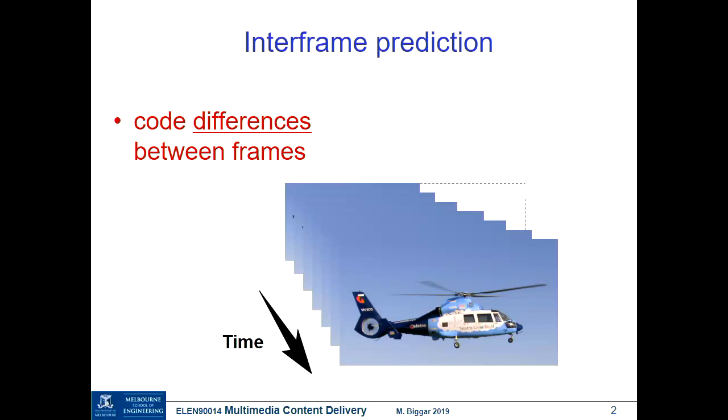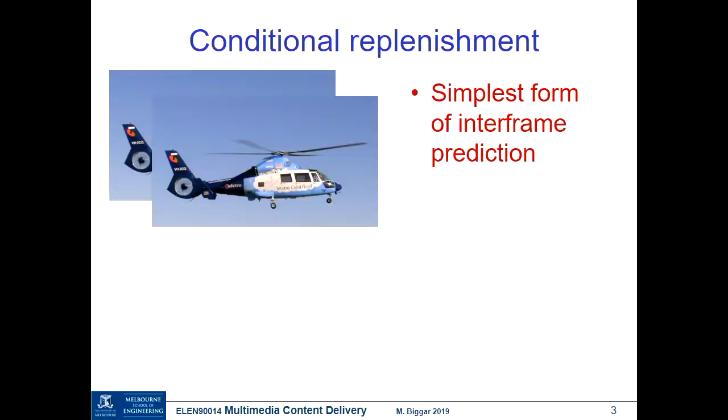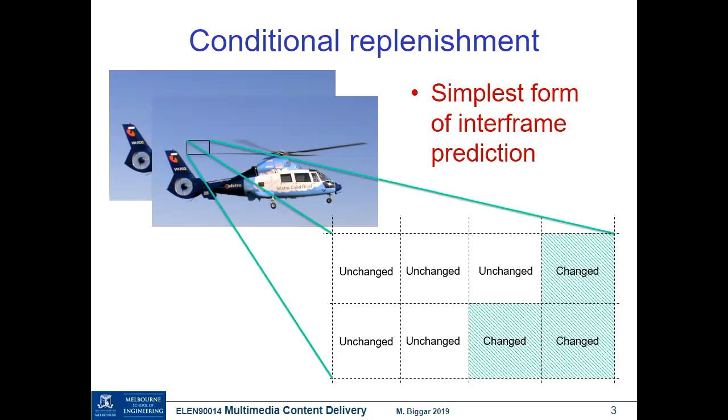That was probably going through your head as soon as I posed the question at the end of the previous slide pack. And the simplest form of interframe prediction, it sounds like a fancy name, but all it's doing is predicting from one frame to another. The simplest way of doing that is something called conditional replenishment, which again is a fancy sounding name for something that's really simple in concept, and that is just that we can